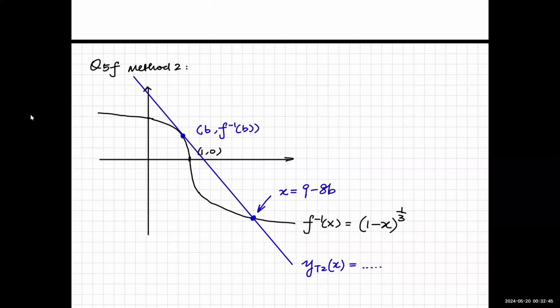And the regions specified by the question are bounded by the vertical axis, the curve, and the tangent line itself. So actually there are 2 regions, okay? So the shaded region here,